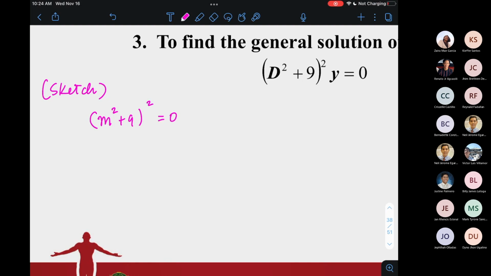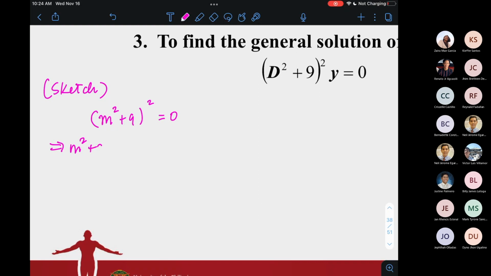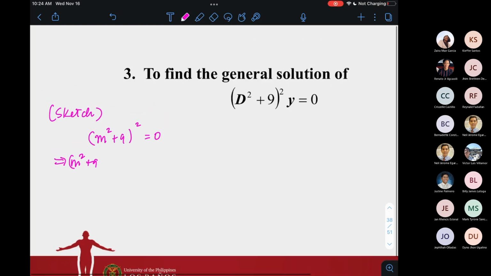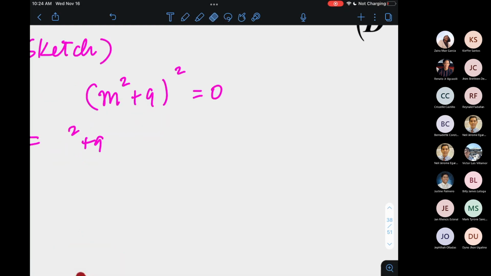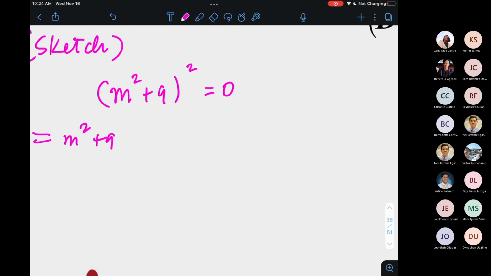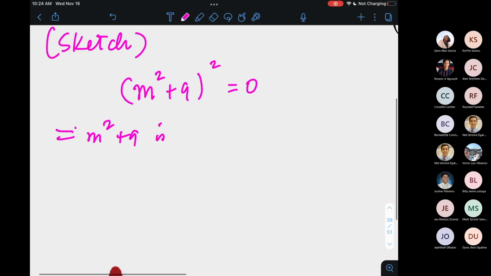All right. So that means meron siyang 2 dito. So ibig sabihin si m squared plus 9 ay twice na factor ng characteristic polynomial. So maybe we can take note of that. So m squared plus 9 is twice a factor